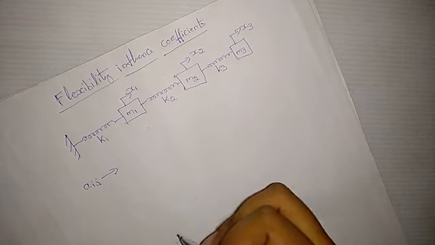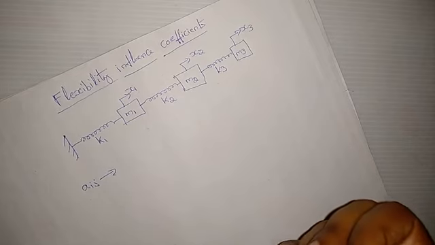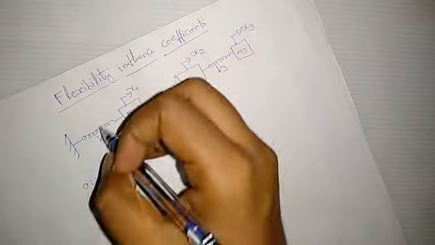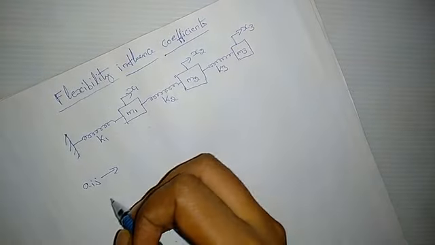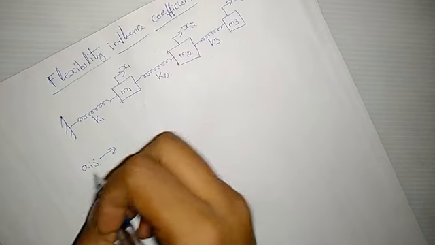In the last class, we discussed the Rayleigh method to obtain the natural frequency of a system or to calculate the critical speed of a shaft. So in this class, we look at flexibility influence coefficients. So what do we mean by this? It is nothing but what you already know, that is Aij.